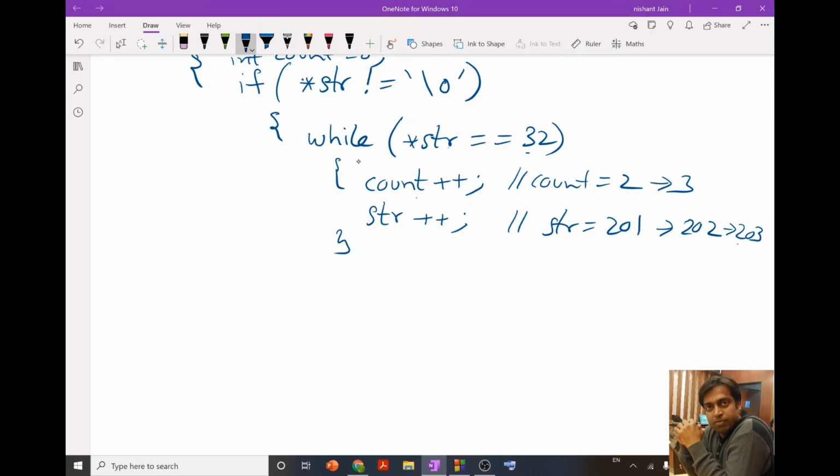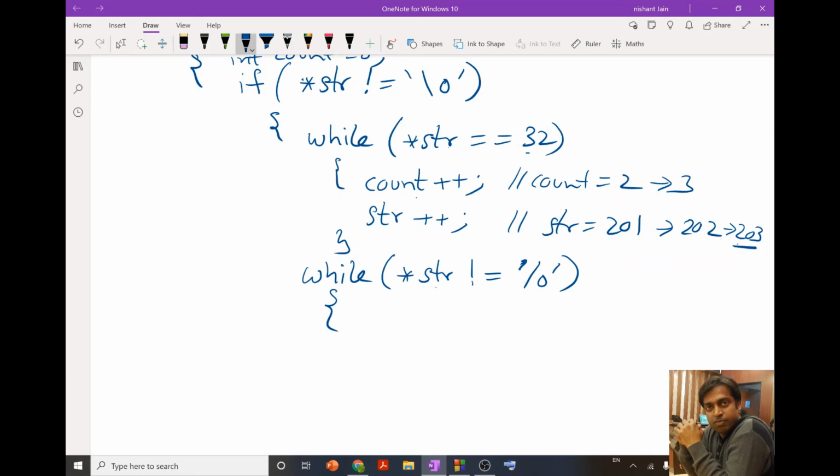location 200. So what we are going to do, we will start a loop, and this time we are going to check if it is not equal to the null character, meaning if star str, where str is 203, if this value is not equal to the null character, then we are going to shift.